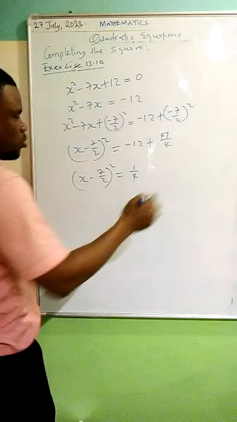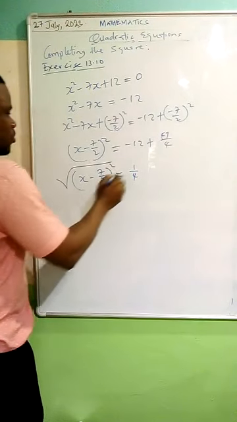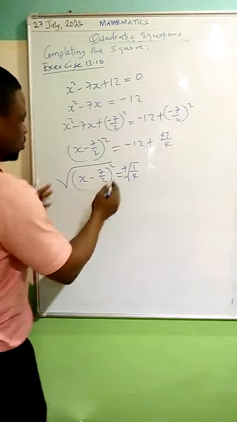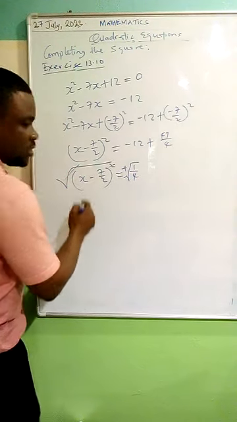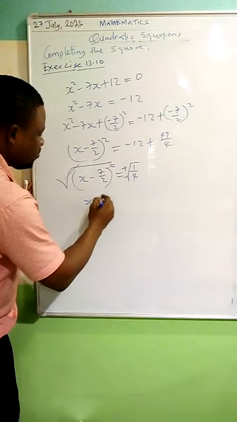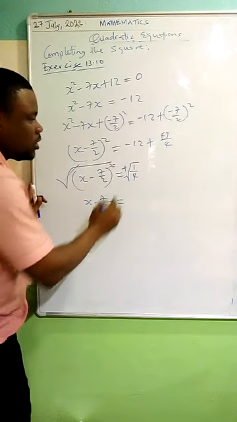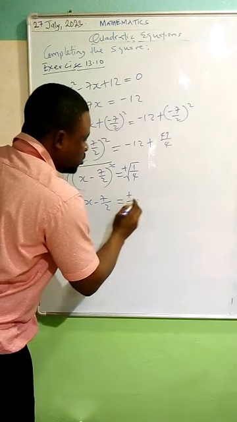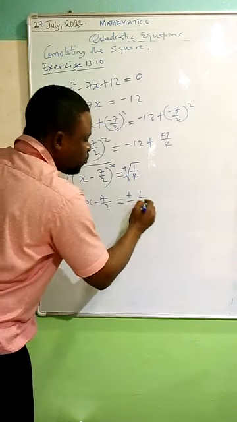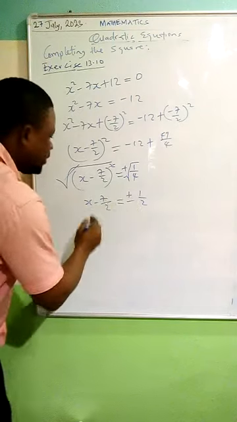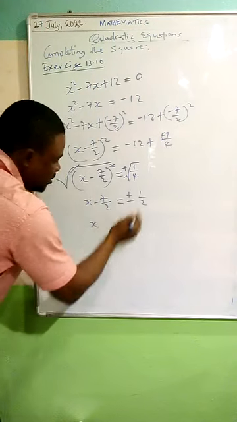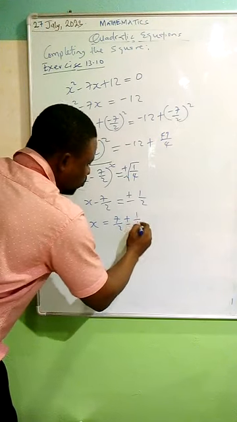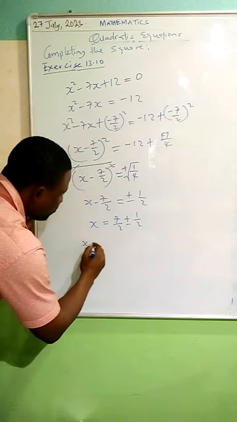So what do we do? We square root both sides. I take plus and minus the square root on this side, so we'll cancel this, and I'll end up getting x minus 7 over 2. Then the square root of 1 is 1. The square root of 4 is 2, a perfect square. So I end up getting x, taking this to the other side, 7 over 2 plus or minus 1 over 2. So x is equal to